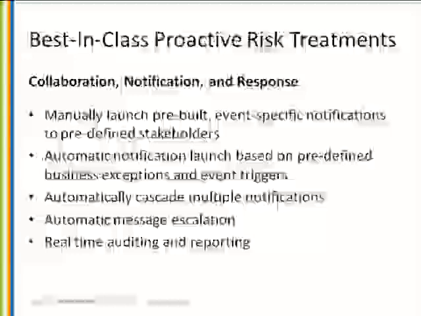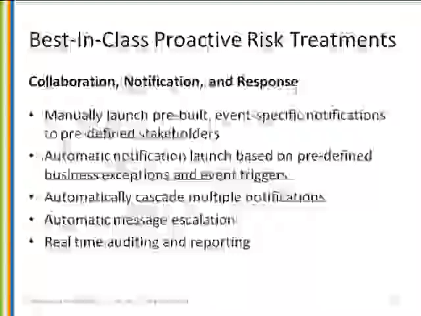And then obviously automatic message escalation. So if you can't reach particular individuals or suppliers, who are the next available individuals, maybe higher up the food chain, or alternate suppliers that you can ask the question and get a response. And then ultimately, for proactive risk treatment, is the ability to audit and report based on what that notification response is, and how you basically manage that whole incident. So there's an element of incident management here as well.